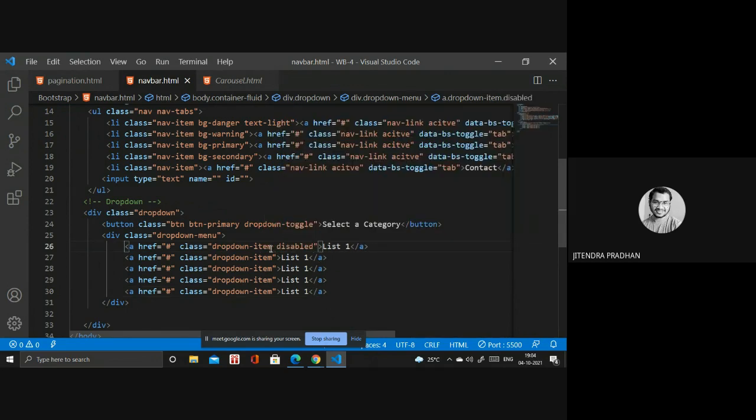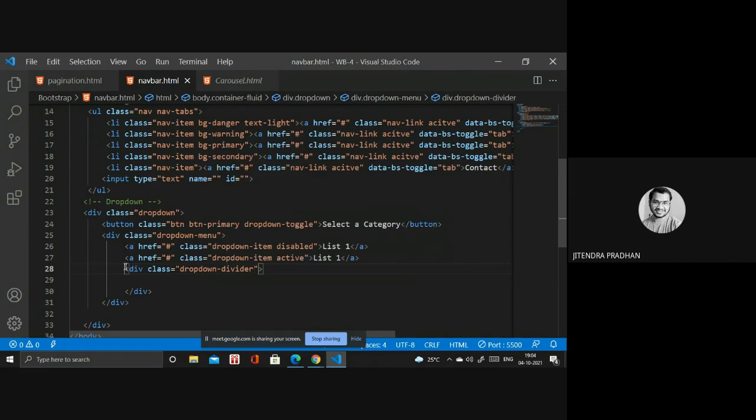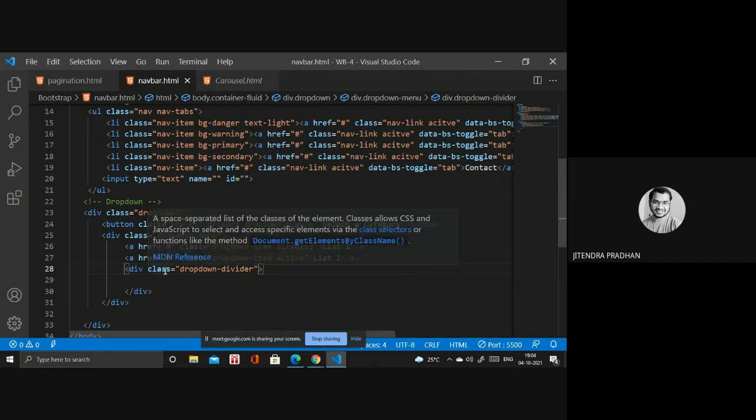Let's see how it works. Active, and in that I design something other one. Wait. Deep inside its submenu classes, we have to write drop down divider. Drop down divider.